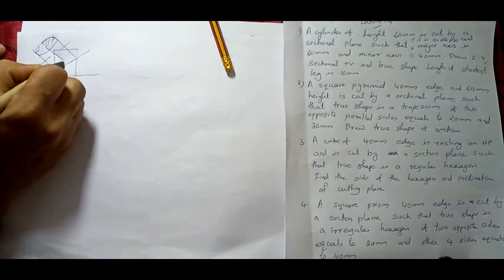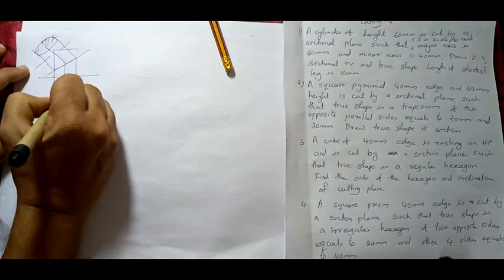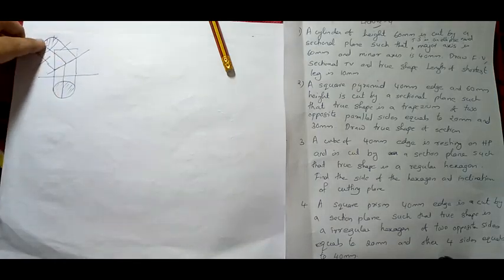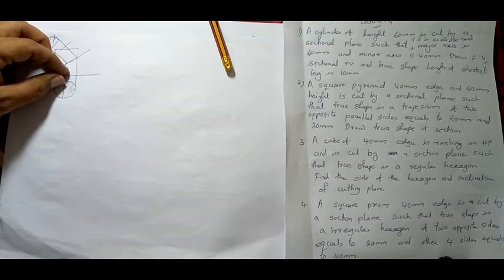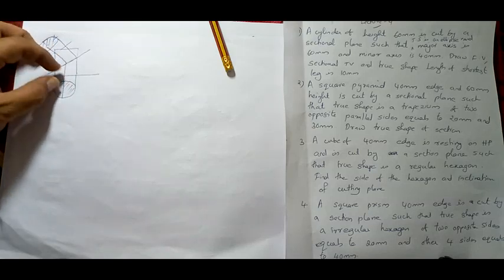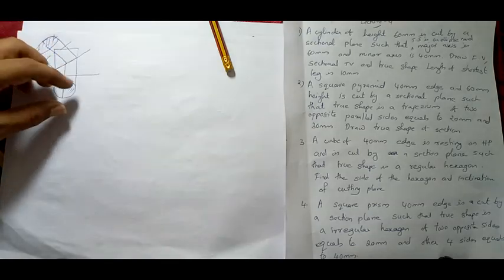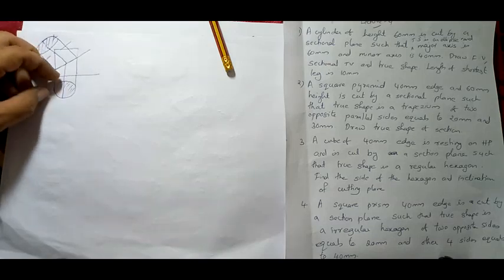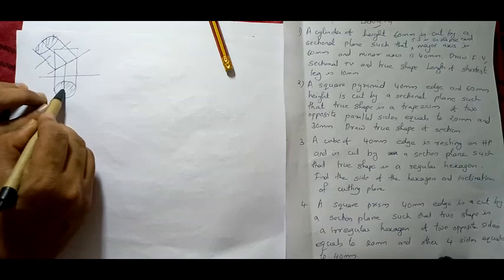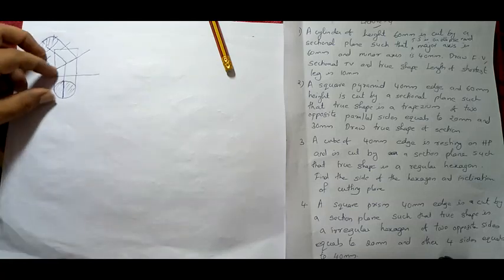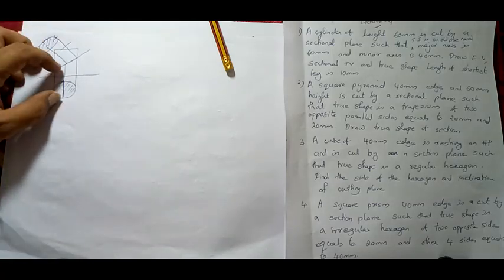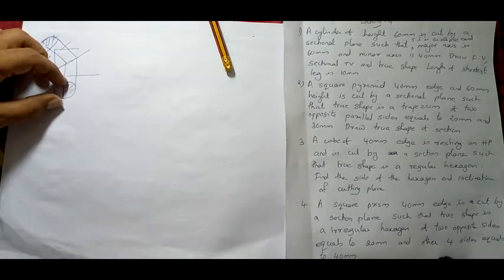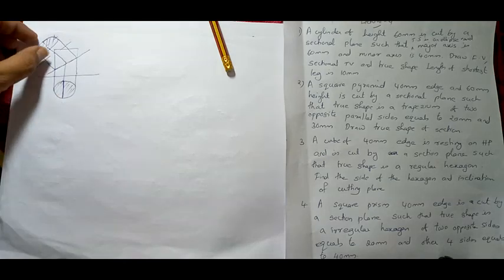Here this is the center point. To obtain this, you draw a perpendicular from here and take this xy distance. Take this distance and cut it here. Same, take this distance and cut it here. That means the same distance which I am showing here as a perpendicular line, you obtain here, right? Don't look at the figure, it's a rough figure. The same distance you will be getting here.